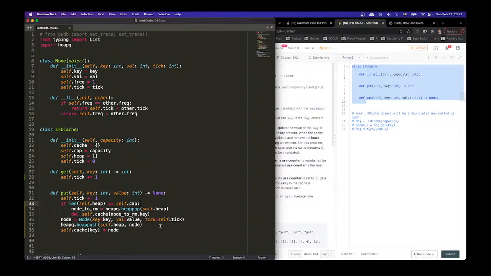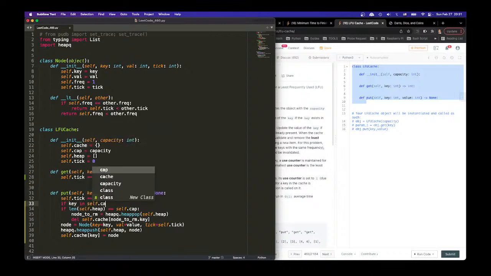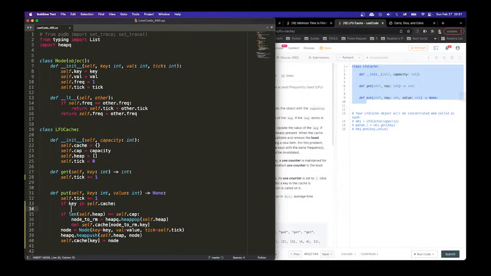That's actually not true. I just realized something. Oh my god. If the key is in cache, I forgot this step. If the key is in the cache, right, then all we do is